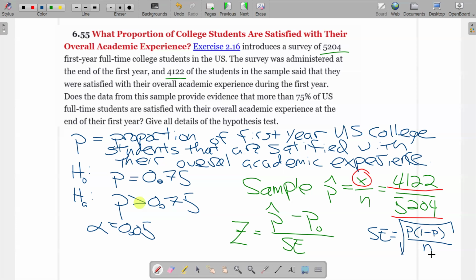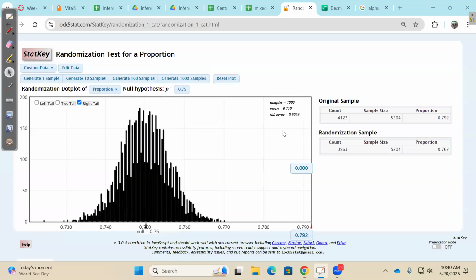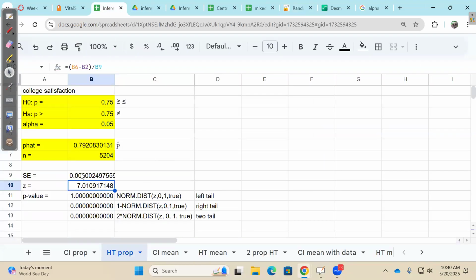Let's just double check the standard error. According to StatKey, the standard error is about 0.0059. And according to the spreadsheet, it was 0.006. Yeah, they're about the same to the nearest thousandth. Okay. Cool. Questions? Okay, so here